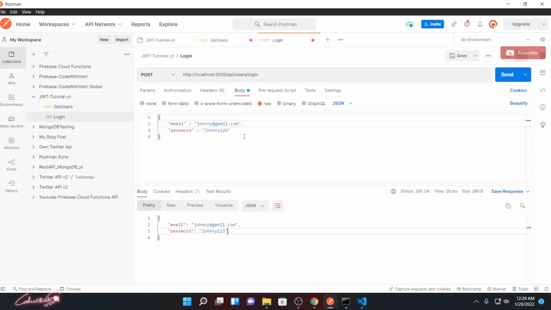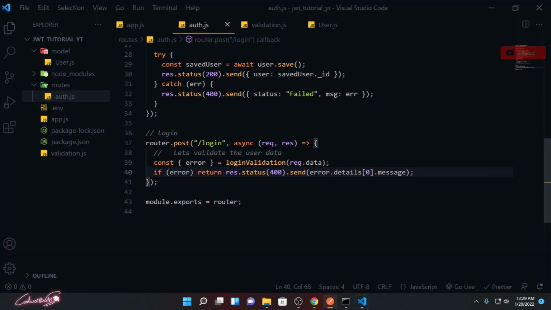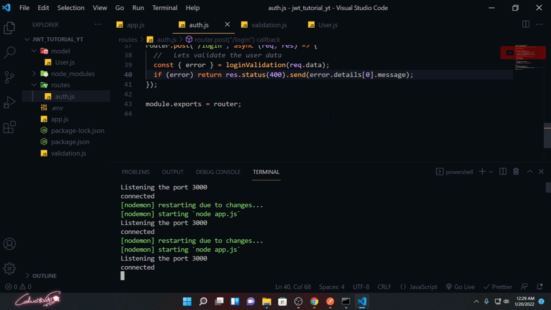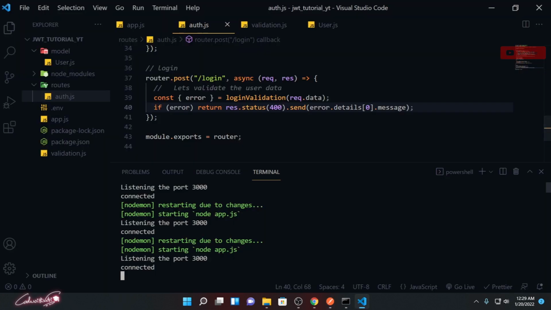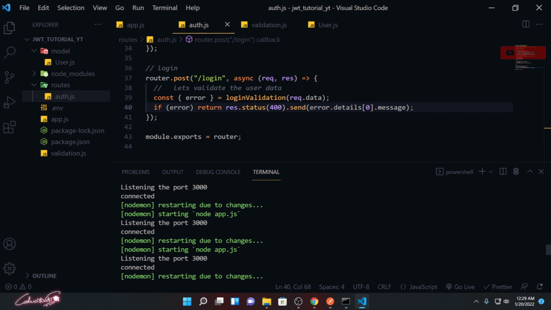Okay, let's see. If I am not sending a proper password and I click send, something is not adding up. If I go to the console, we are getting a bad request. So it needs to print that message.